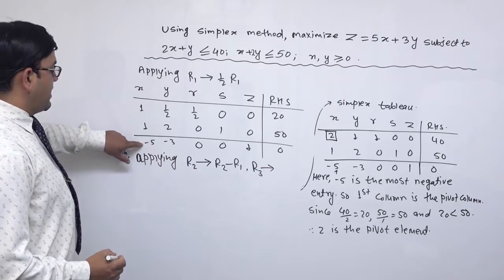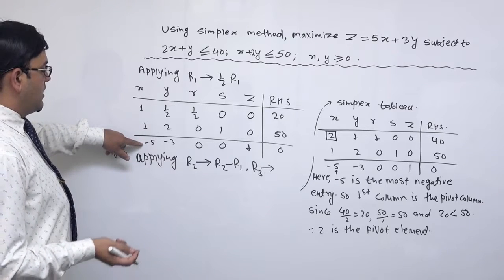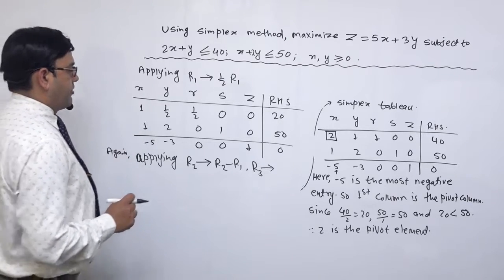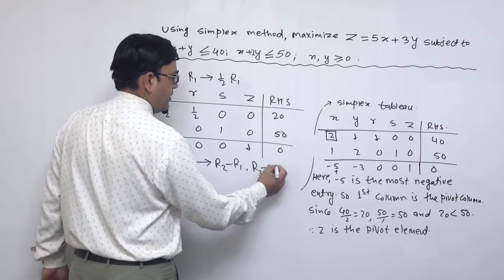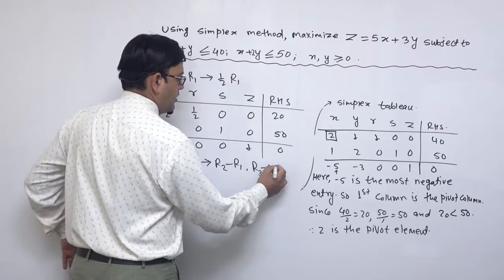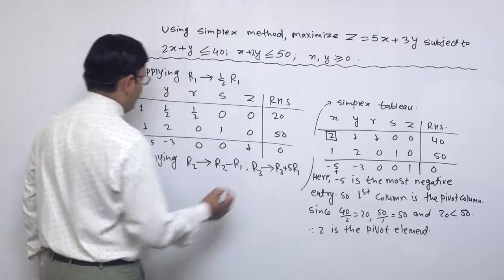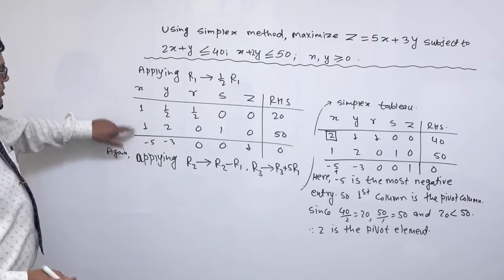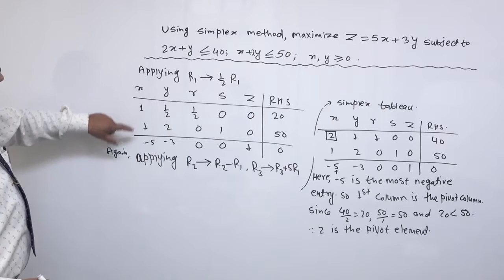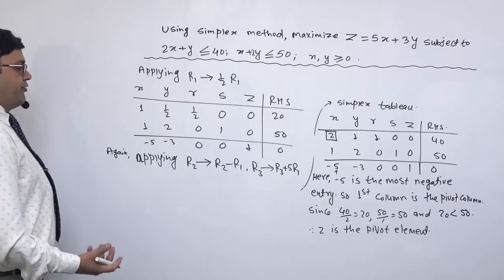यो -5 लाई पनि हामीले 0 बनाउनु छ. त्यसकारणले R3 plus 5 R1 गर्यो भने हेर्नुस् त के हुन्छ. R3 भनेको -5 plus 5 times 1 is plus 5. So -5 plus 5 that will be 0. So